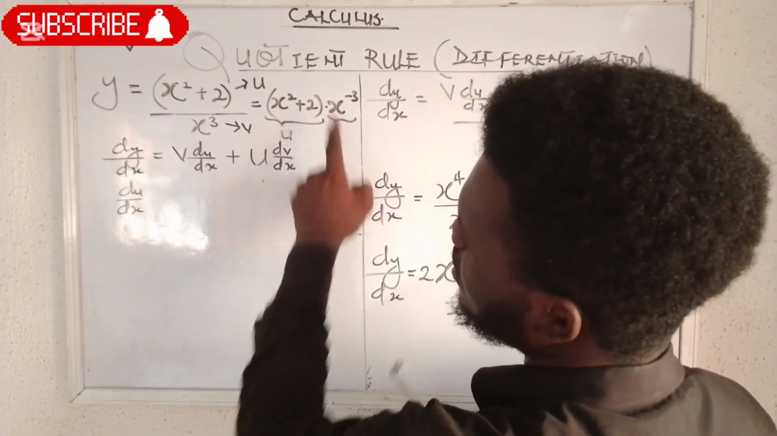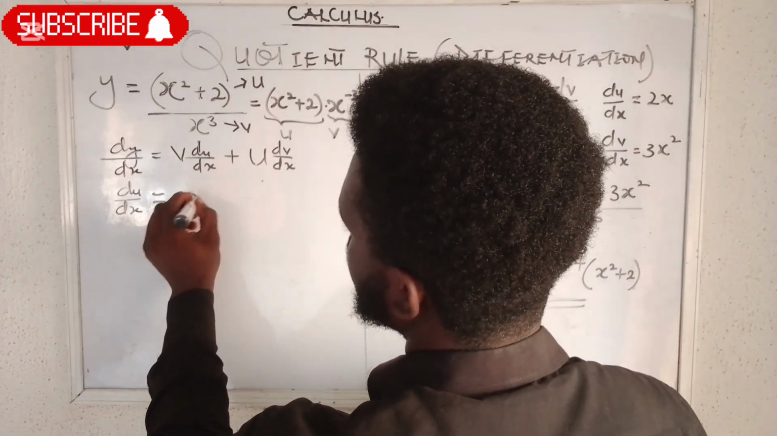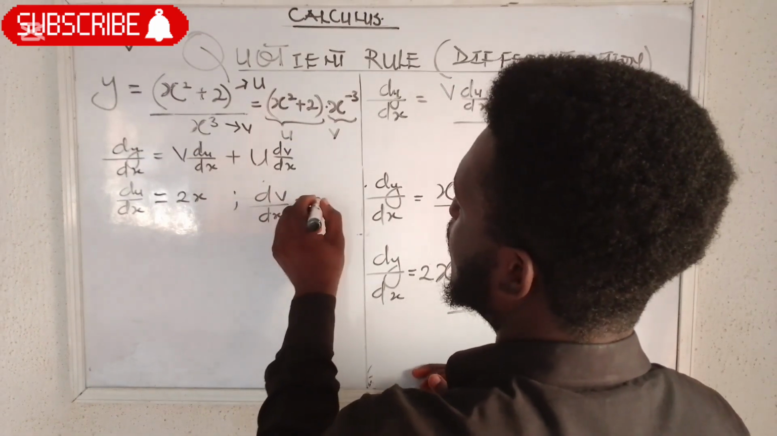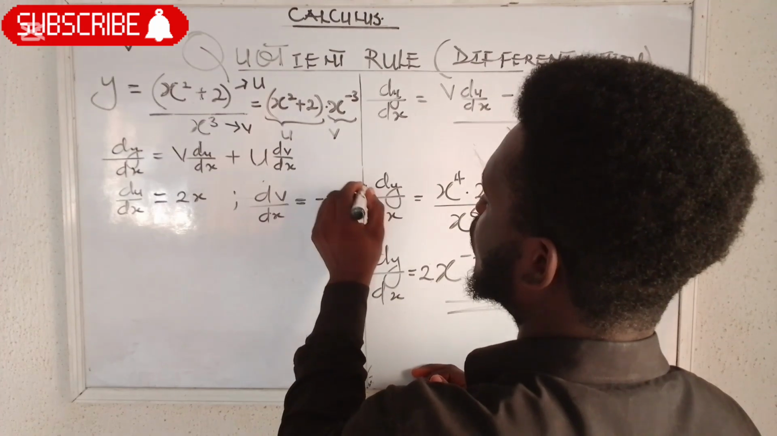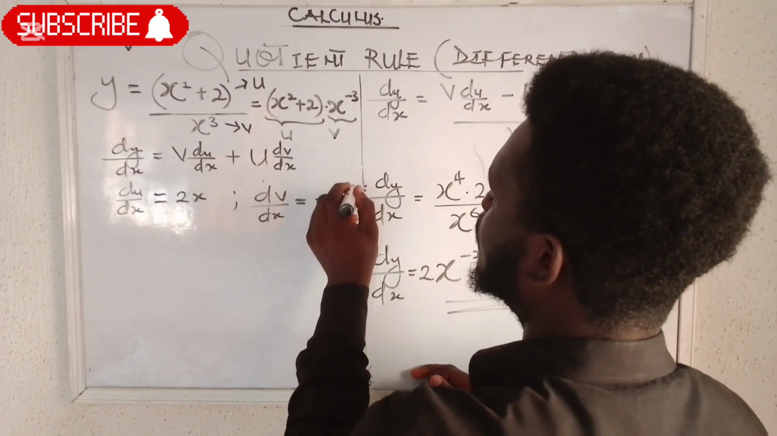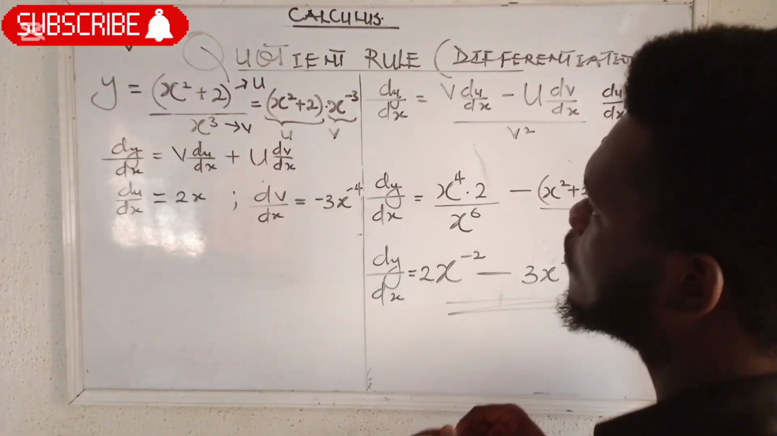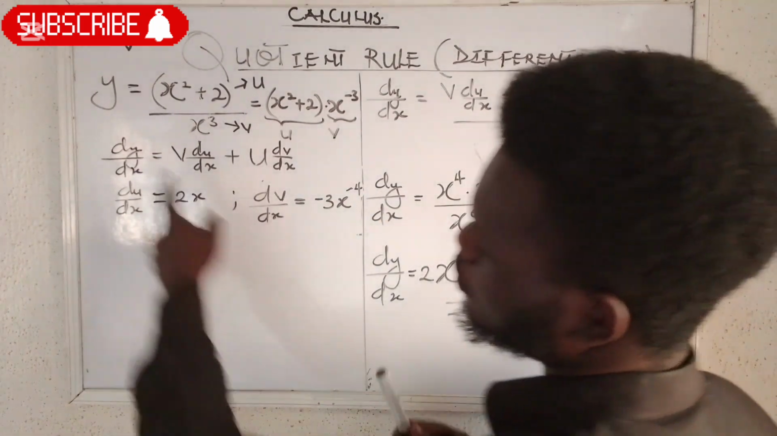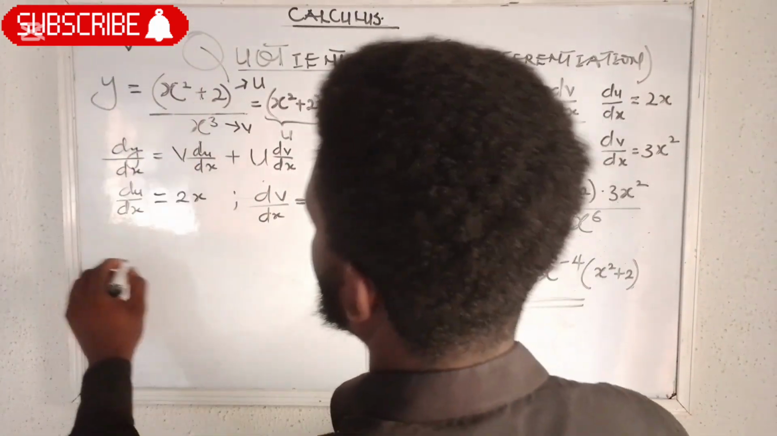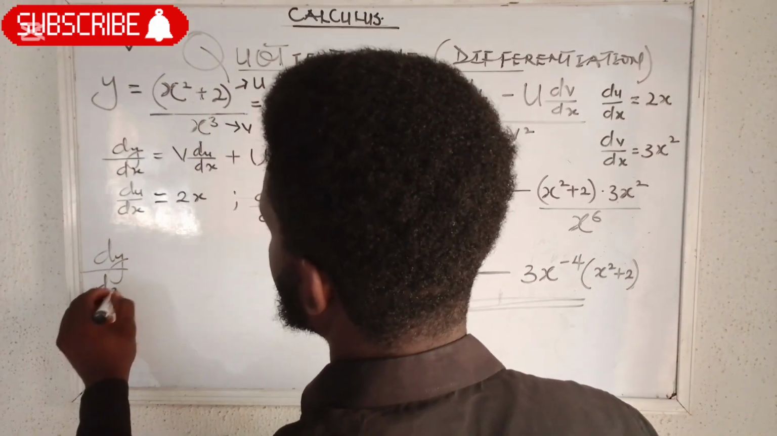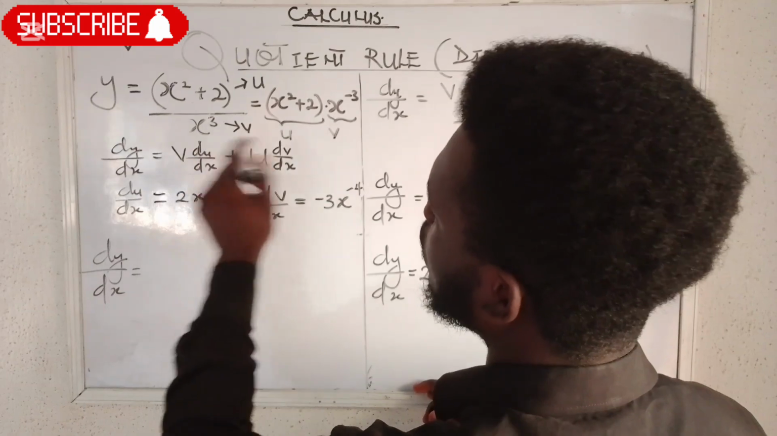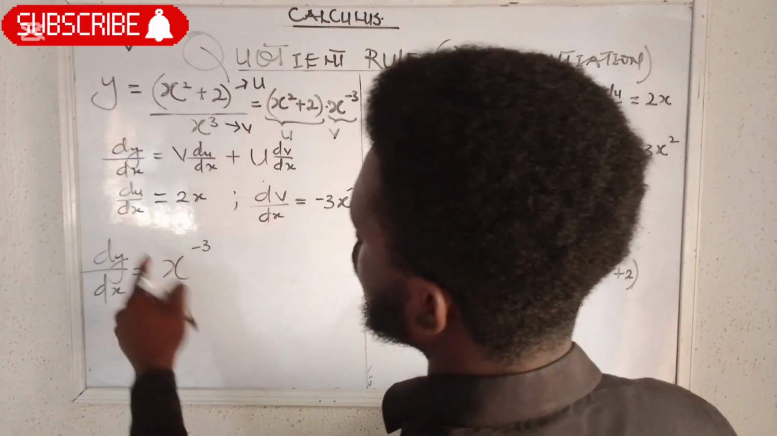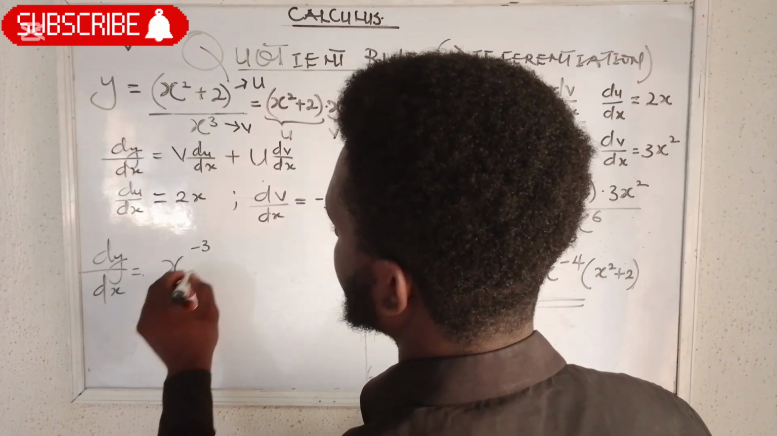So what do we do now? We find du/dx. du/dx remains 2x, but you can see that dv/dx changed. We now have minus 3x to the power of minus 4. Why minus 4? Because you subtracted 1 from negative 3, so it becomes negative 4. Once you have that, the next thing to do is to plug into the product formula, which is dy/dx equals v. What is v? The x to the power of negative 3 times du/dx, which is 2x,